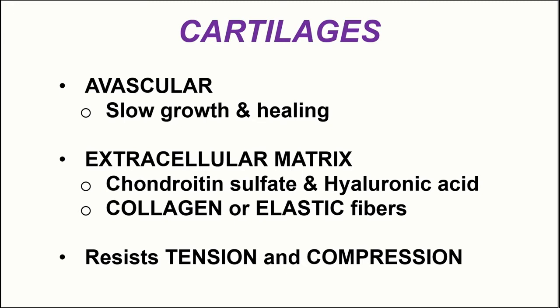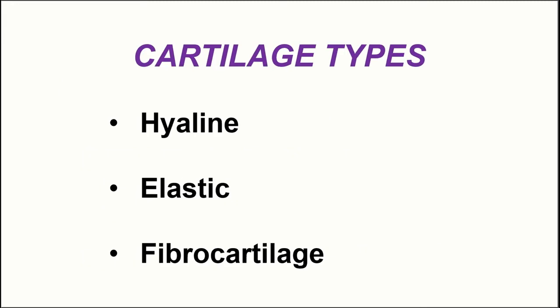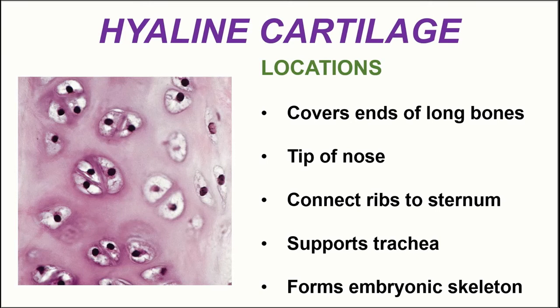So let's take a look at the three cartilage types here. We have hyaline cartilage, elastic cartilage, and fibrocartilage. Let's go through them in that order and take a look at each one individually. Starting with hyaline cartilage, we see that hyaline cartilage is found in quite a diverse number of locations within the body. I should say too that